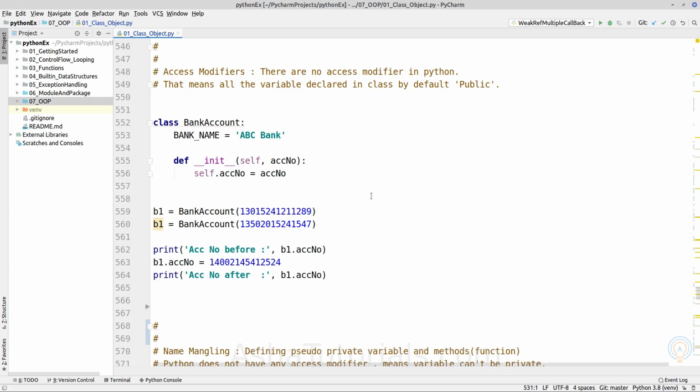It may sound like a limitation, but we can restrict it. By default they are public and you cannot write any access modifier to make it private. There are other ways to make it private, which we will see, but by default they are public,